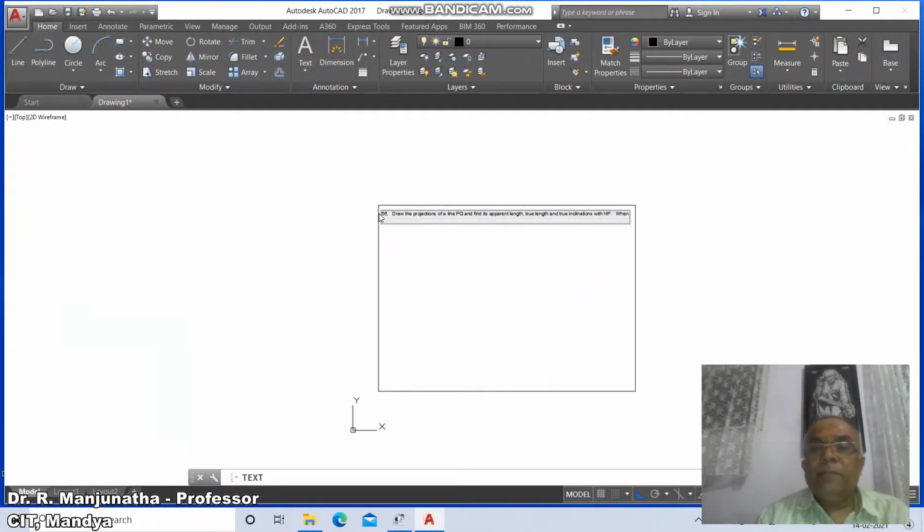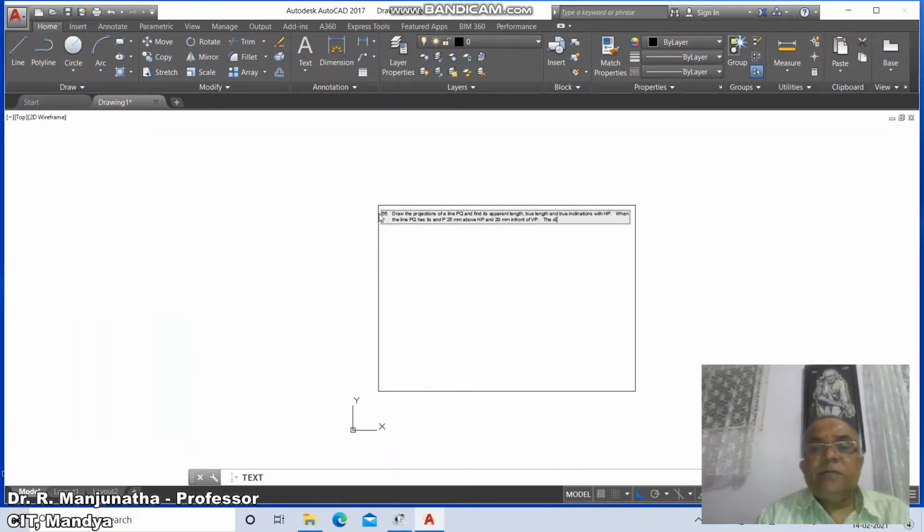when the line capital PQ has its end capital P 25 mm above HP and 20 mm in front of VP.